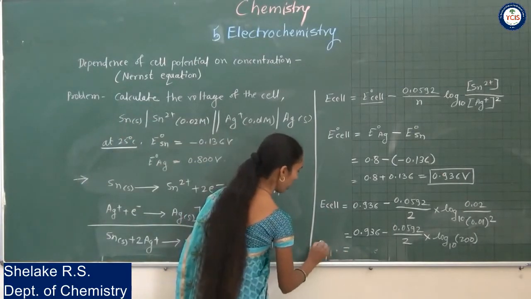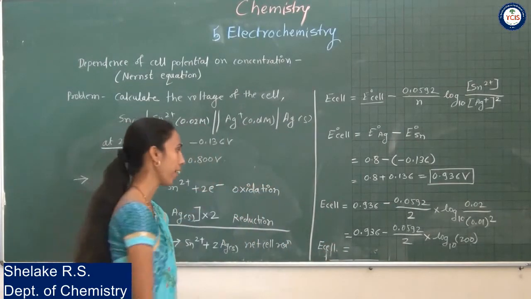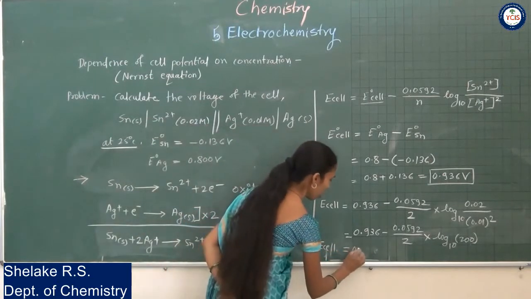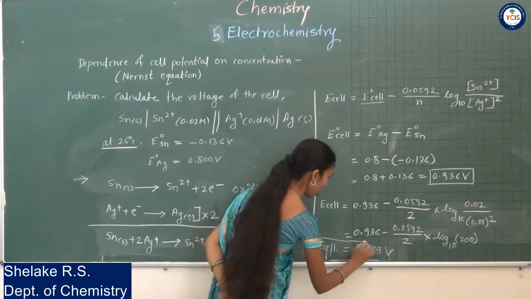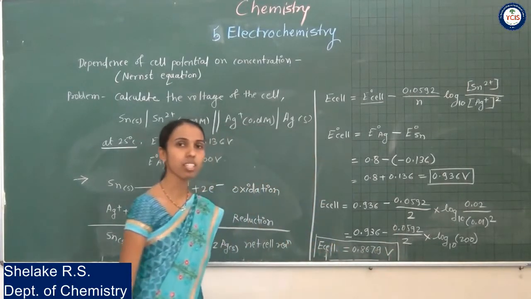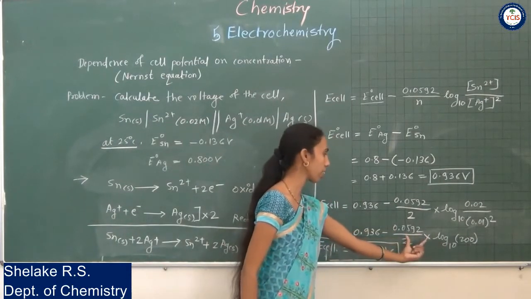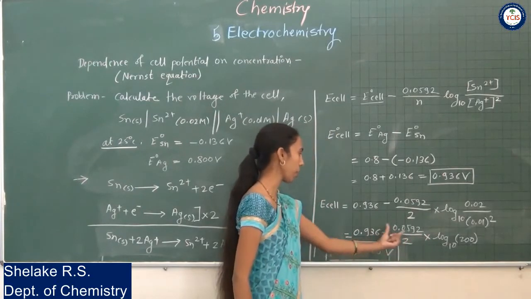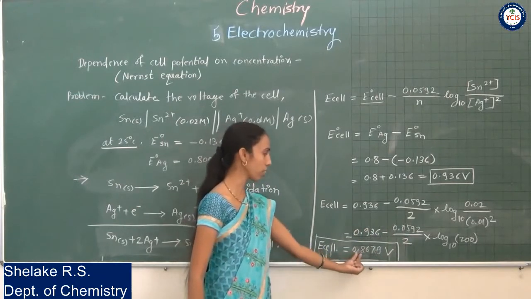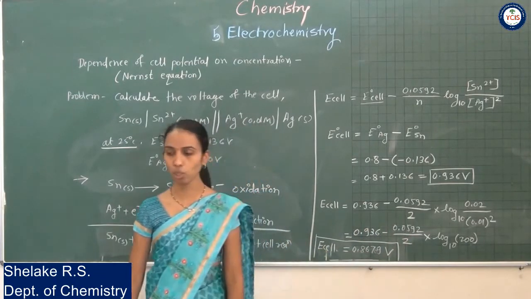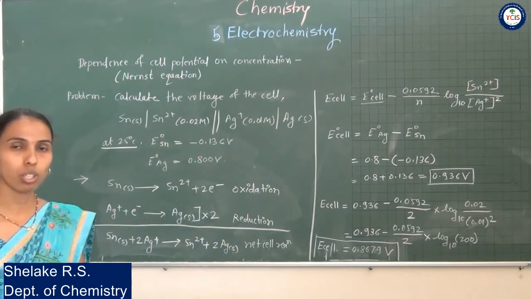So finally you will get E cell is equal to, so value is 0.8679. So that is the cell voltage, or you can say the cell potential. Okay, की फायनल व्हॅल्यू आहे, ते लॉग घ्यायचा आहे आणि त्याचं मल्टिप्लिकेशन आणि इथे सबट्रॅक्शन, सिंपल कॅल्क्युलेशन आहे, that you have to do. After doing the calculation you get final answer as 0.86794. So this is the problem based on the Nernst equation. Hope you understood this.